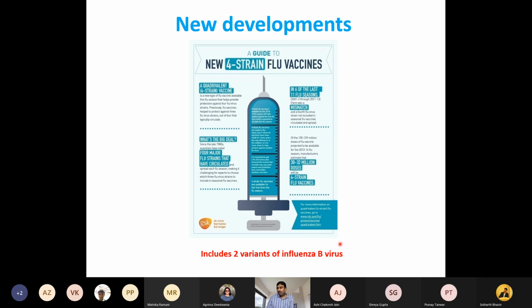So scientists later, in 2012, there was a paper where they emphasized that there are 2 different lineages, not H and N configuration, but very different strains of influenza virus B, one from Asia, one from America, and there is less cross protection between them. So both of them are included in this vaccine. So 2 influenza virus A plus 2 influenza virus B makes the quadrivalent vaccines, and this is what we get